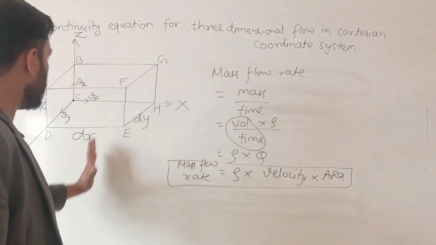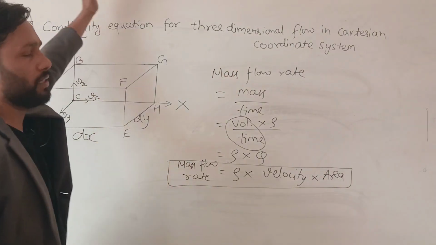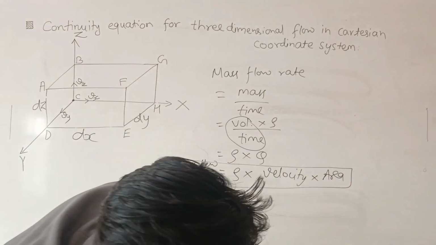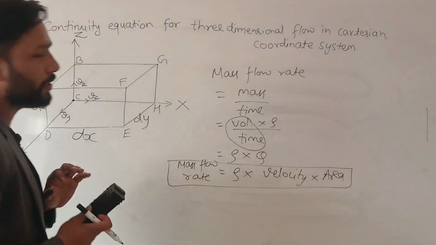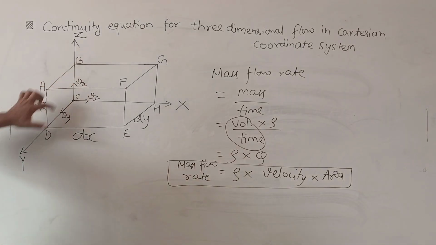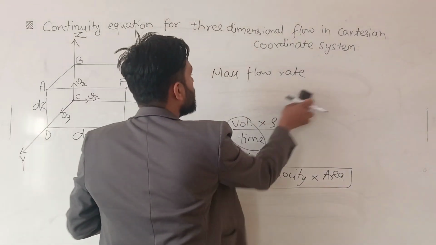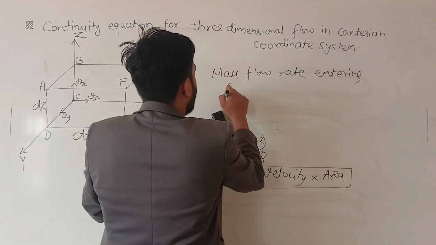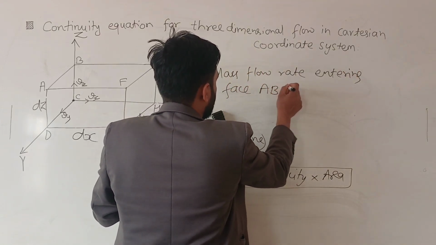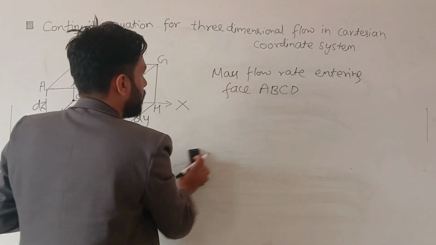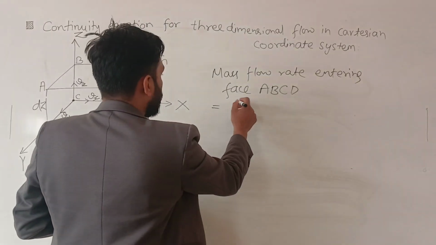So let's find the mass flow rate entering this space and leaving this space. We find out the mass flow rate entering and the mass flow rate leaving. Okay, so let's find the mass flow rate entering face ABCD. Mass flow rate entering face ABCD, that is rho into